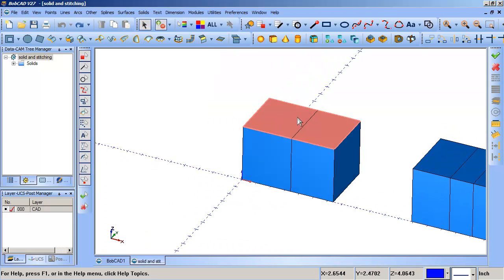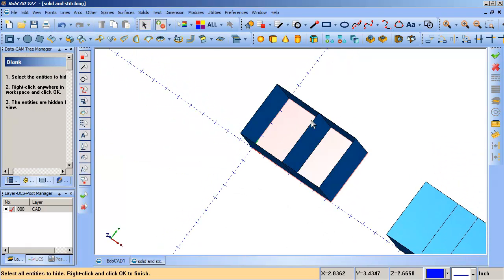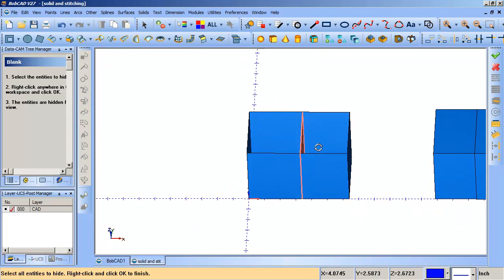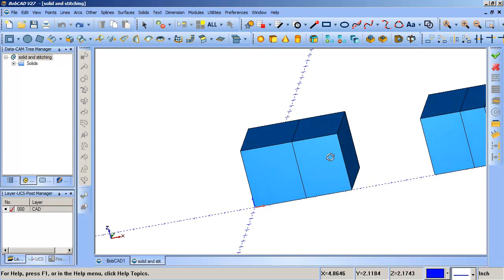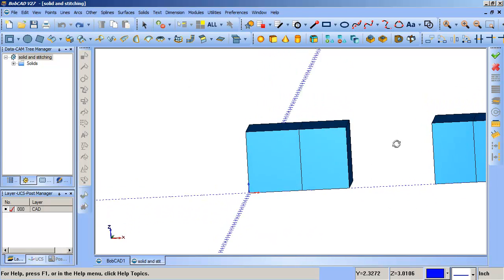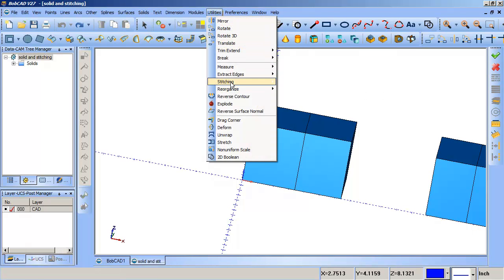It's a six-sided rectangular solid. I've got everything separated out. Inside of it, I put a surface that just goes right down the middle of it, right? Now, what Bobcat will allow you to do is stitch this into a solid, which would then be a malformed solid, because that surface in the middle of it